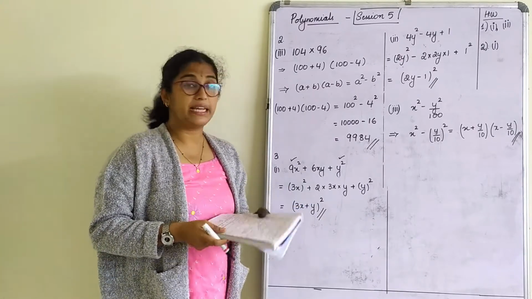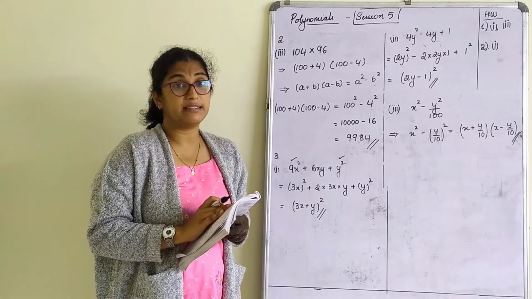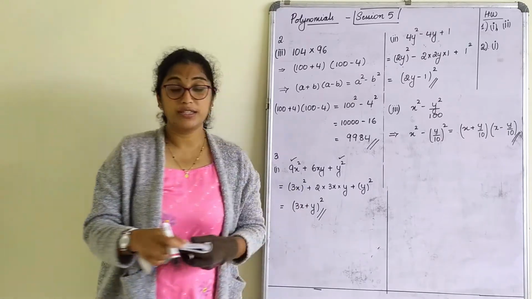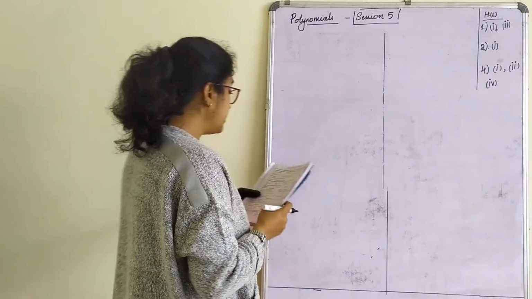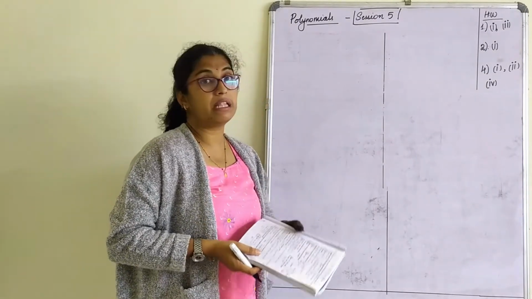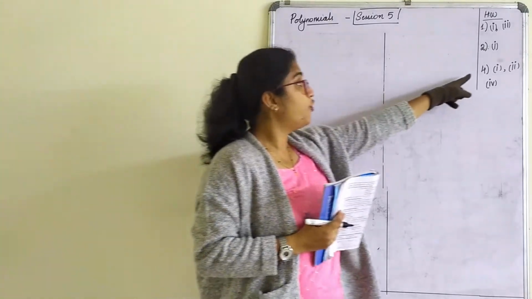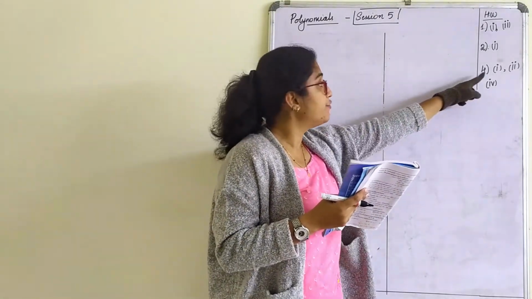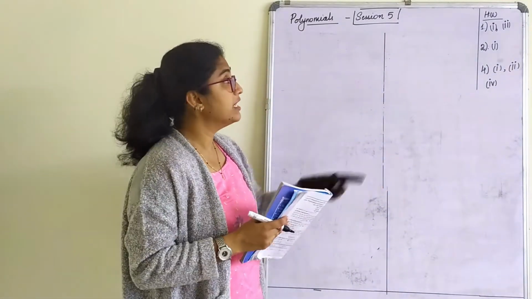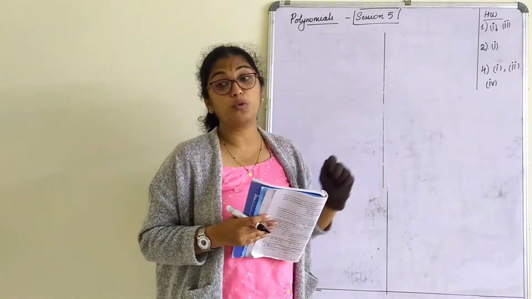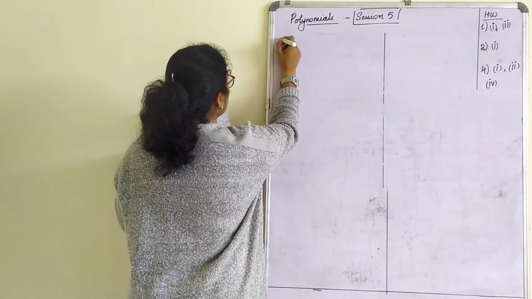Now next, fourth main is the identity, that is a plus b plus c whole square. This is the new identity we are doing. The fourth main says expand each of the following using suitable identities. See children, identities are not given. You need to know what identities. Fourth main, I have written the homework part. Under fourth main it is first one, second one and fourth one. Please make a note of it. It will be easy for you to make a note of the homework sums.